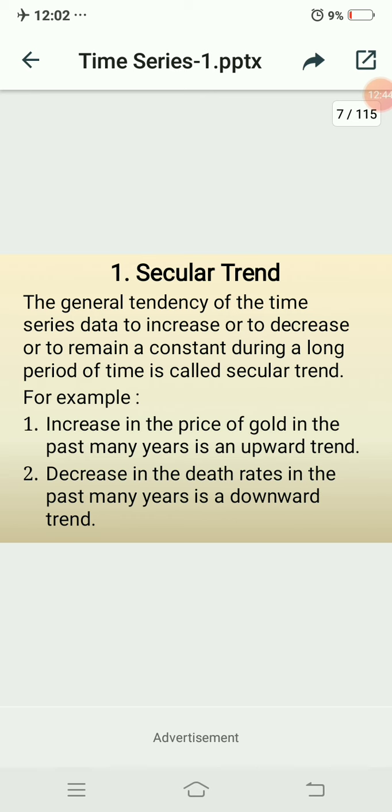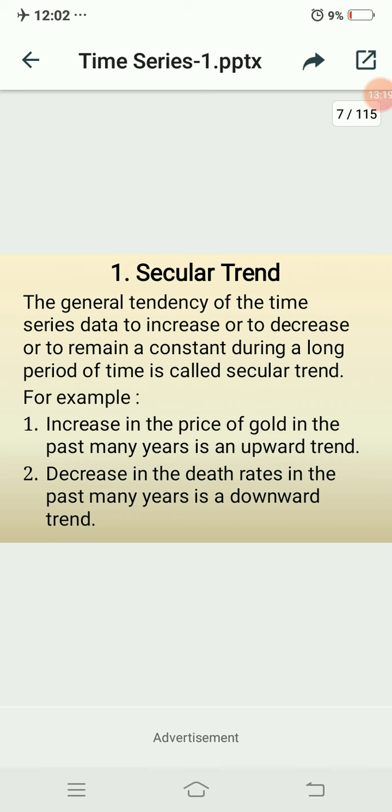If you are drawing the graph according to the year wise gold rate or population, okay, you always get an upward trend graph only. Okay, when we are calculating problems related to time series, if you are drawing a graph related to the data, you get the graph in increasing order or upward trend. Okay, because the population is more, which means the technology is more.